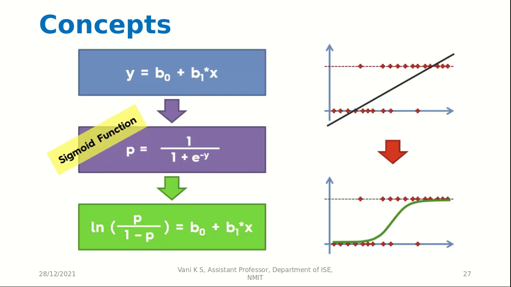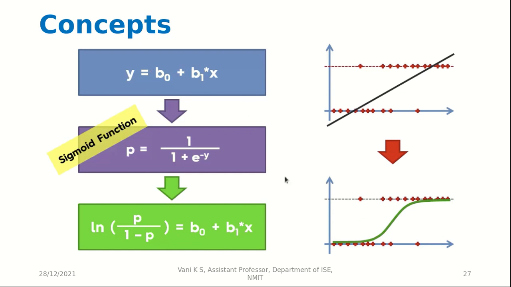Now when we are doing logistic regression, the very important function to keep in mind is the sigmoid function. This is the sigmoid function, and we can see that it is 1 upon 1 plus e to the power minus y, where y is the given equation here. We take the log of odds, where odds is p upon 1 minus p, the probability of happening upon the probability of not happening, and we take the log of it, which is equal to y, and then we put it in place of y here, and we get b0 plus b1x here.